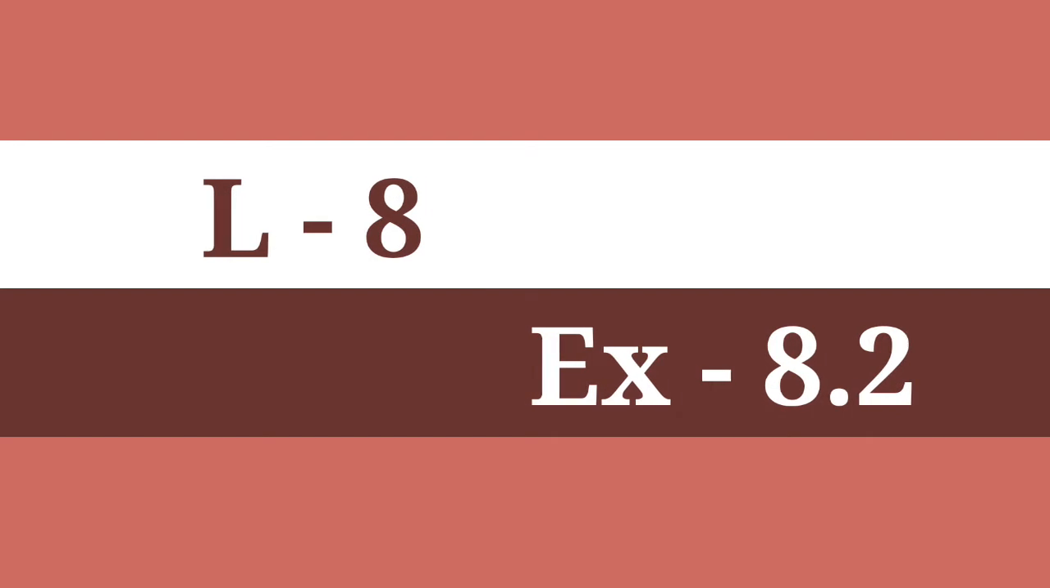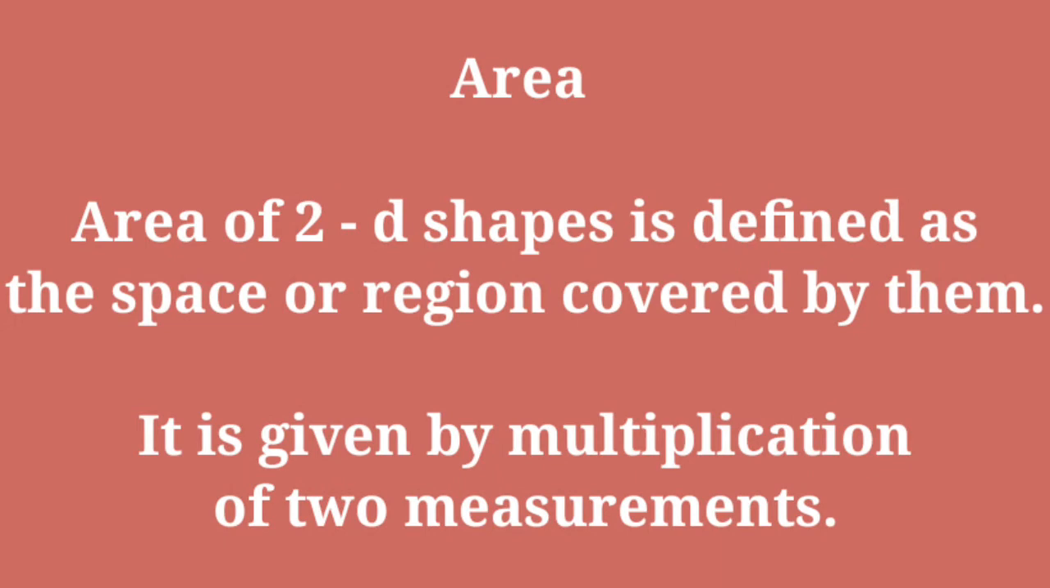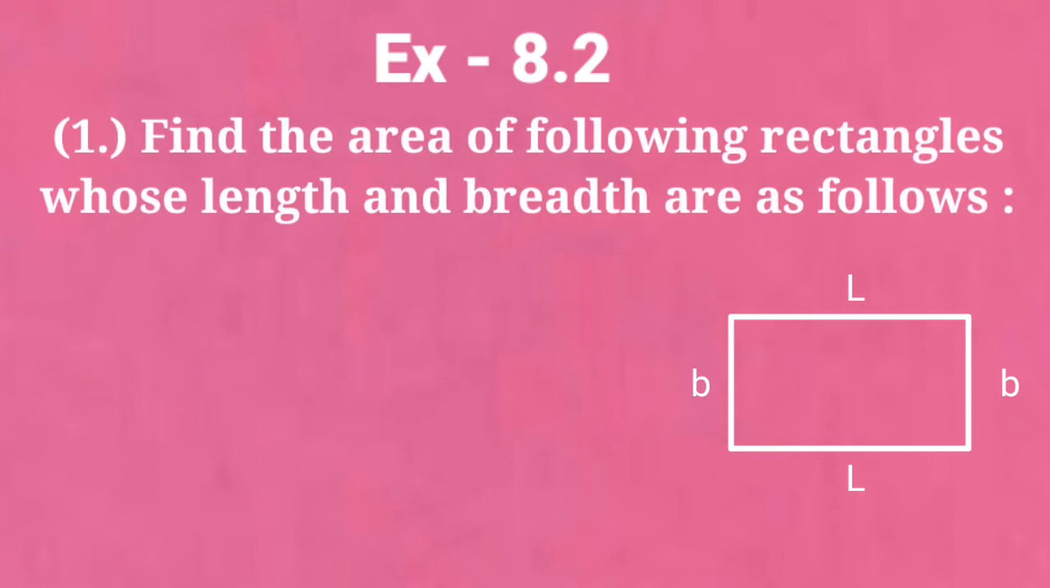So today let's do subject maths of 5th class. Today's topic is area. Area of 2D shapes is defined as the space or region covered by them. So it is given by multiplication of two measurements, right? Whether these are length, breadth or any two sides. Let's start exercise 8.2. So here first part, find the area of following rectangles whose length and breadth are as